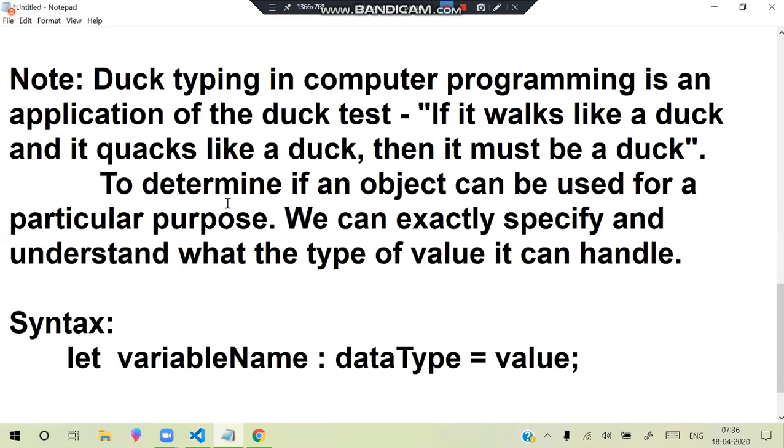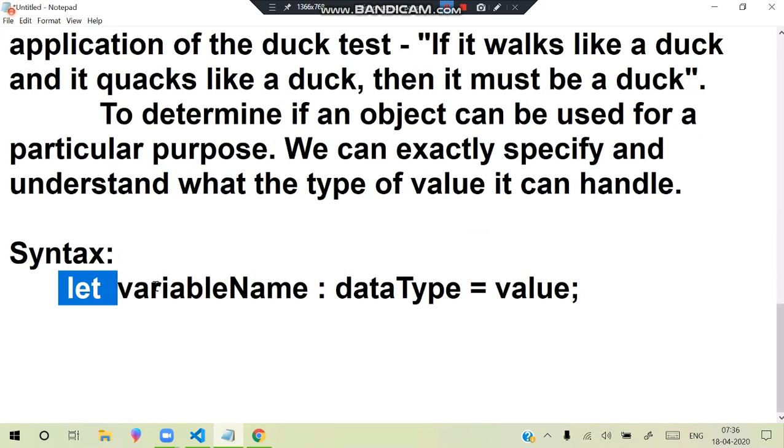What are the various data types in TypeScript? So how do we define the type? let, variable name, colon, and what data type it has to handle. And we need to know that